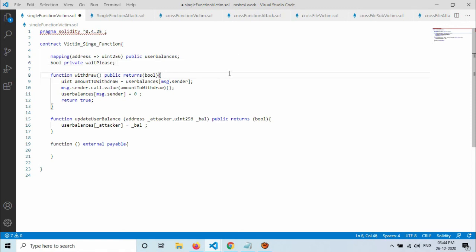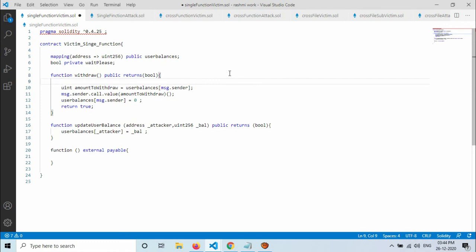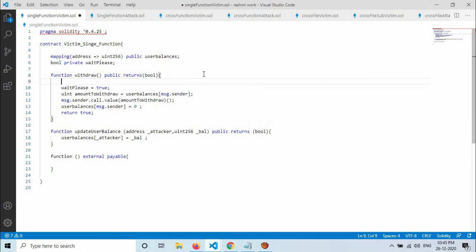When the withdraw function is called, it will set it, and here we will check it.